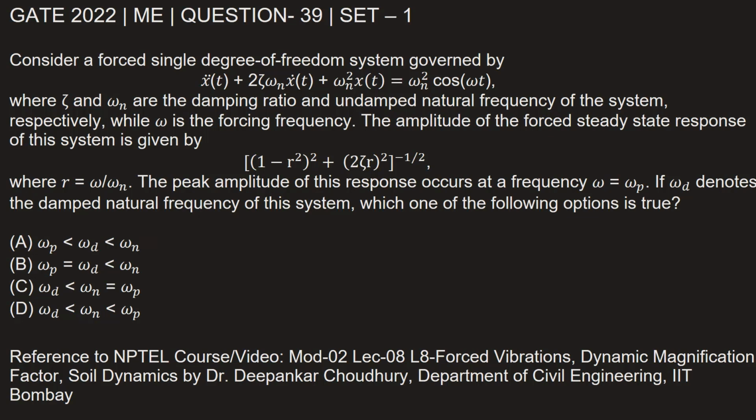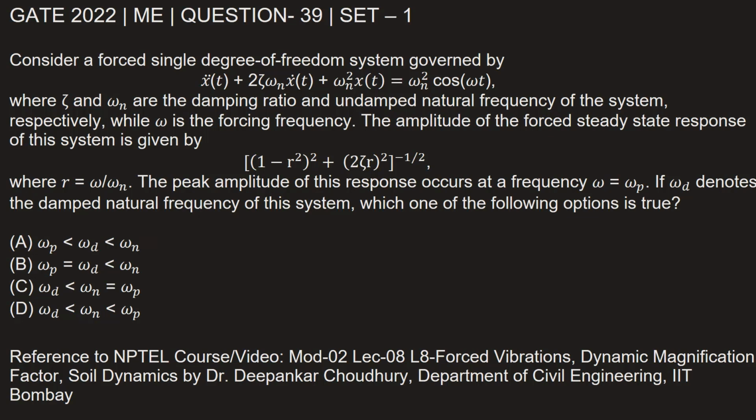This question is from GATE 2022 Mechanical Engineering Paper Set 1, question number 39. Consider a forced single degree of freedom system governed by x double dot of t plus 2 zeta omega n x dot of t plus omega n square x of t is equal to omega n square cos of omega t, where zeta and omega n are the damping ratio and undamped natural frequency of the system, respectively, while omega